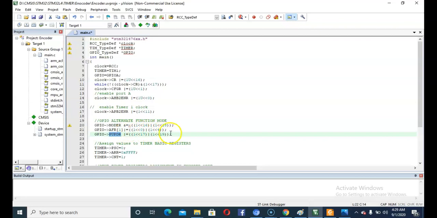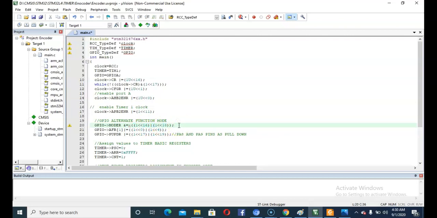So we are selecting the PA8 and PA9 pins as pull down, so that when the pulses arrive, it can easily detect that a high pulse is there on that timer channel. And in this MODER, we are clearing the 16th bit and the 18th bit. This operation, as we know, is for clearing these 2 bits.